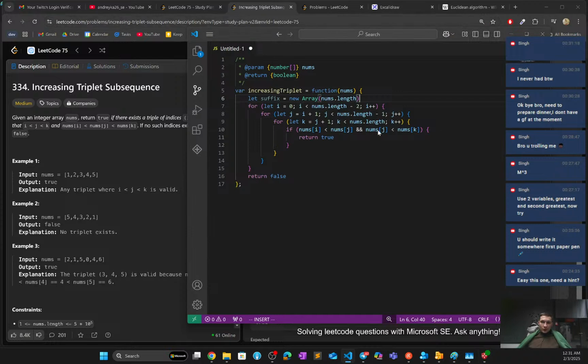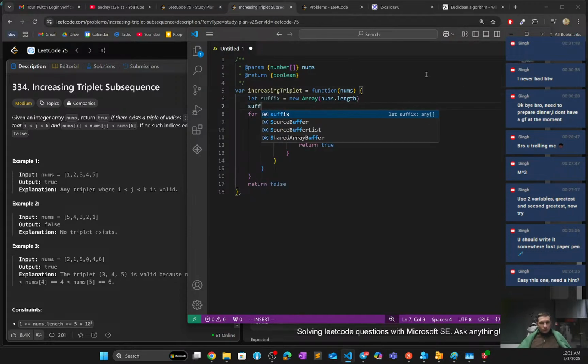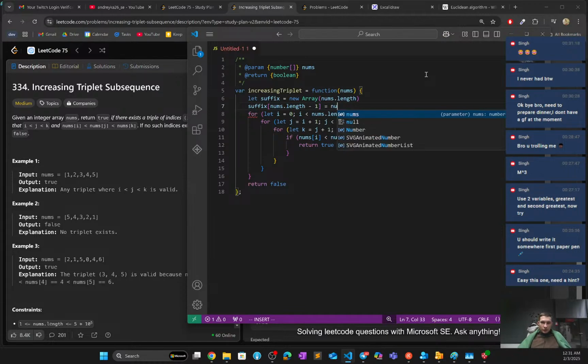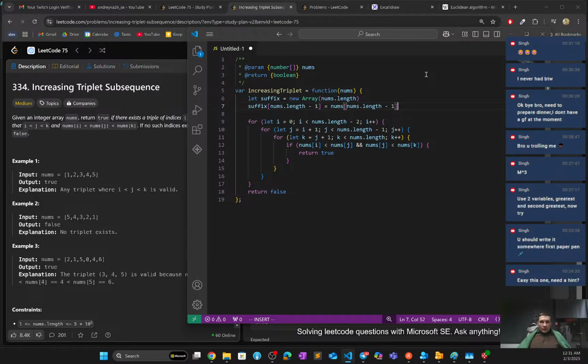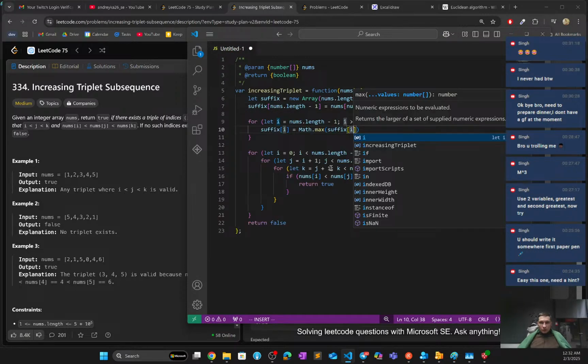Good. We are initializing the array. Suffix at length minus 1 equals nums at length minus 1. Exactly. And now you're starting from